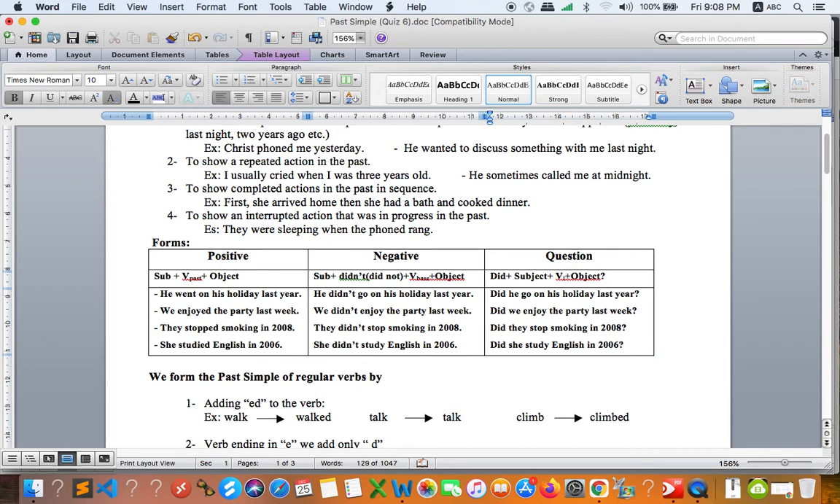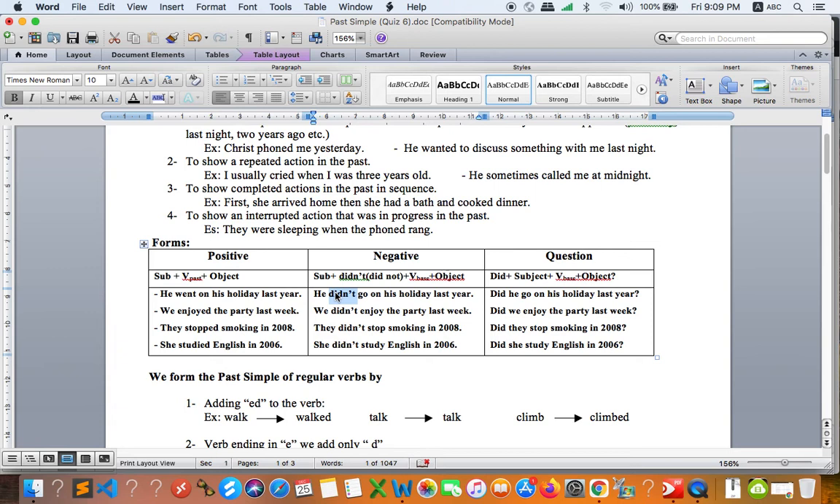Base, everybody. Base is a verb that does not change the form, okay, even though the subject is he, she, or it. As you can see, he and go, you see that we don't change. Why? Because we changed that already, okay. So if it is a positive sentence, we have subject, verb 2. He went on his holiday last year. And if it is negative, he didn't go. And go, you cannot say went. Why? Because we already changed